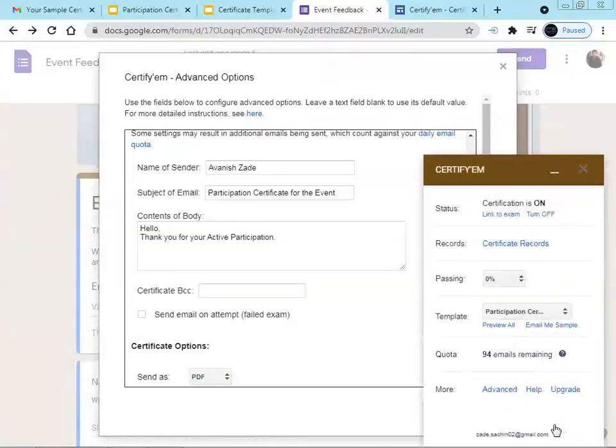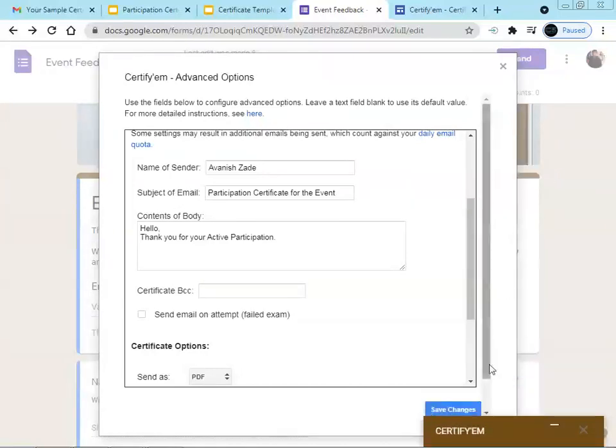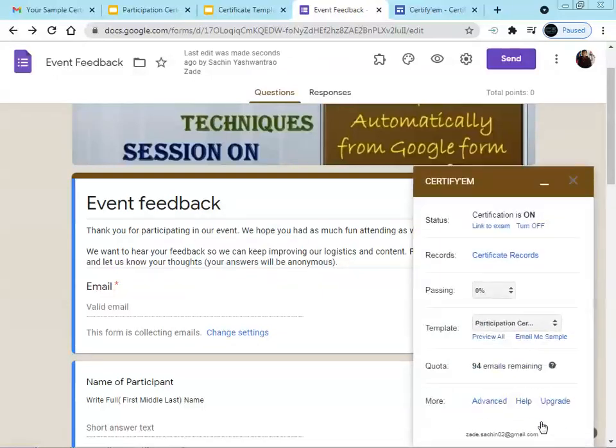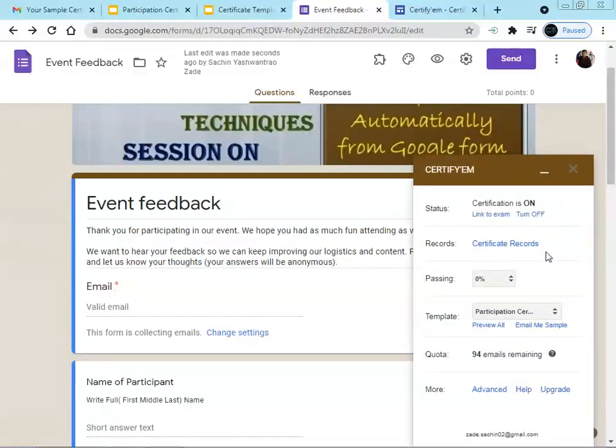If this certify em is at the top, the save changes option is disabled. Disabled means that it is hidden. So just minimize this, and here you will get the option as save changes. This means that this content or this message will be saved there. So now our all set program is set. Now we have to just click on the send option, and